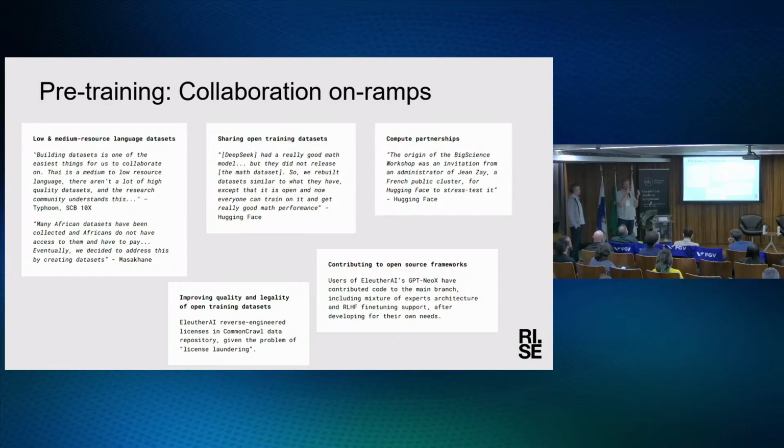So BLOOM is probably the most famous example, or was one of the first examples. It was coordinated by Hugging Face and had over 1,000 volunteers from 250 organizations or so. But we found out that the reason they started that project was because a public compute cluster in France approached their chief science officer and said, hey, we want to test this new infrastructure that we're creating. Do you guys want to train a model on it? And they said, okay, yeah, we're going to use this open science grassroots approach and develop this model. So that's actually the origin story of that.